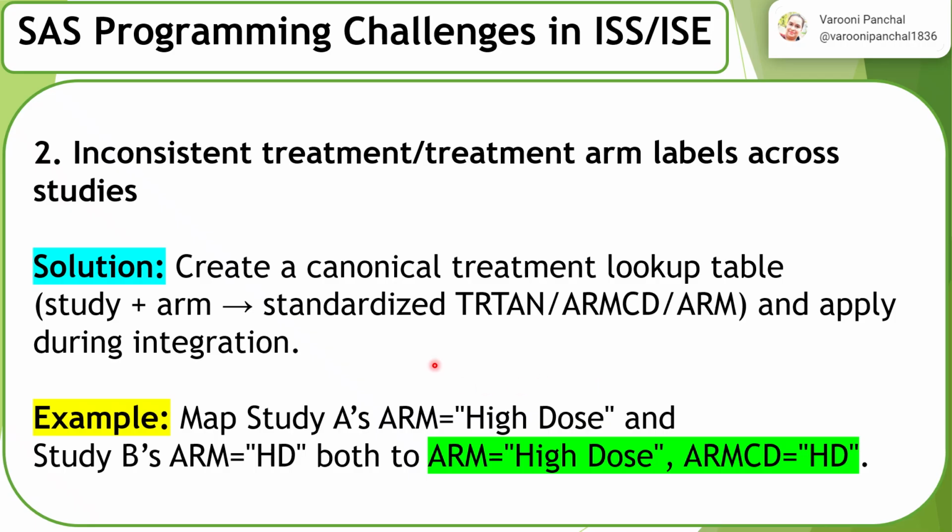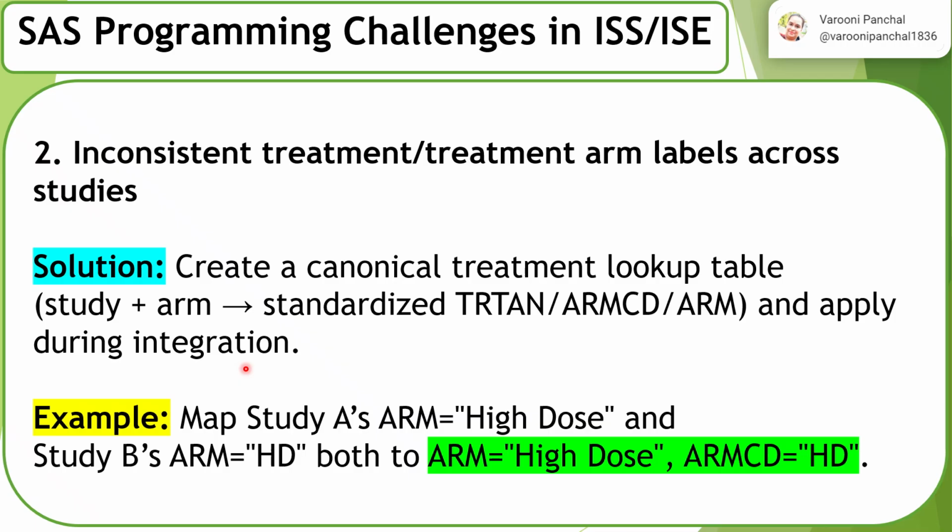So the very first solution is to create a canonical treatment lookup table. Again, it comes back to your mapping and documentation. You have this study plus arm, so you standardize into treatment, which takes the number or the arm code, or you can write arm, and apply it during integration. Integration is nothing but combining all the 12 individual studies into one, which is the ISS and